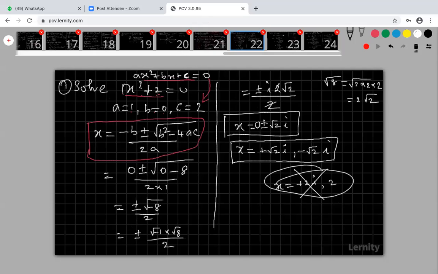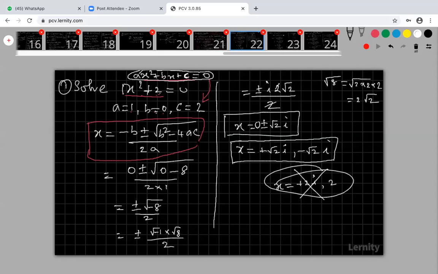Yeah, look at that, Dinesh. This is a very simple one. This is the general form of the quadratic equation: ax square plus bx plus c is equal to 0. The given one is x square plus 2 is equal to 0. Comparing the general form and the given equation, my a is equal to 1, b is equal to 0, c is equal to 2. Because ax square, here 1x square, therefore my a is 1. Here there is no bx, so my b is 0. Here 2 is there, therefore c is equal to 2.